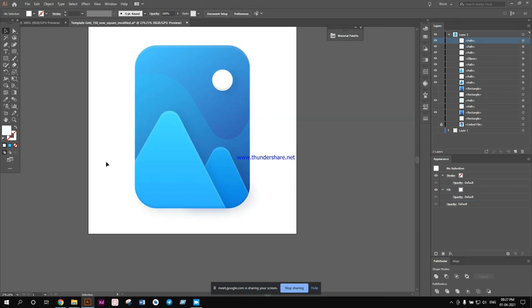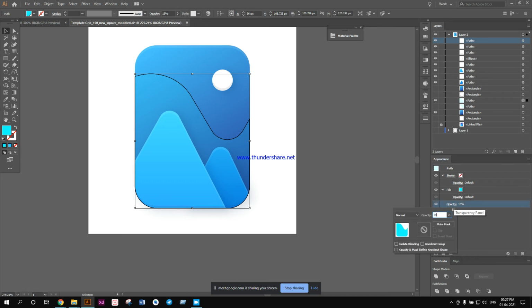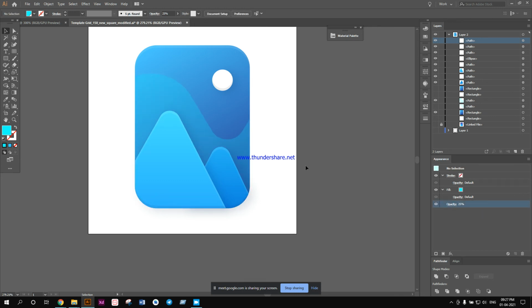Now you see, it has shifted. Okay, it is now looking much better actually. I want to give it something like 25%. It's much better. Now add the stars. This creates small circles like this. Make them white.